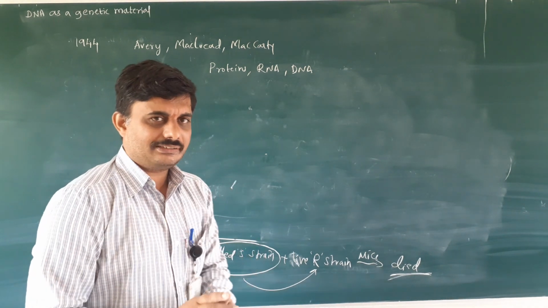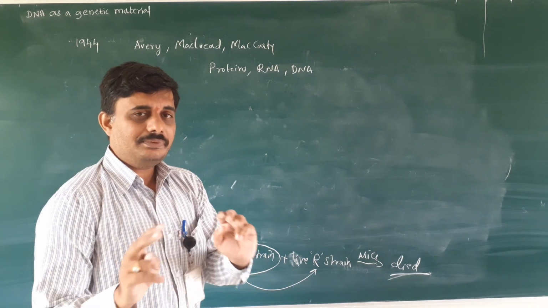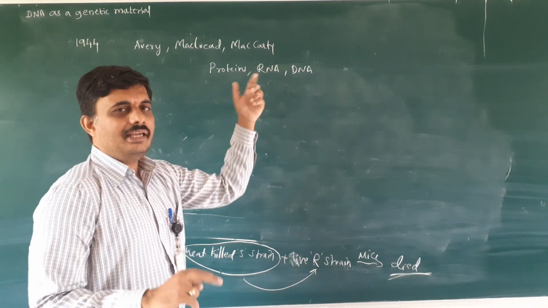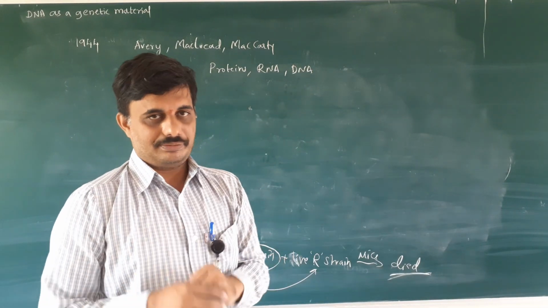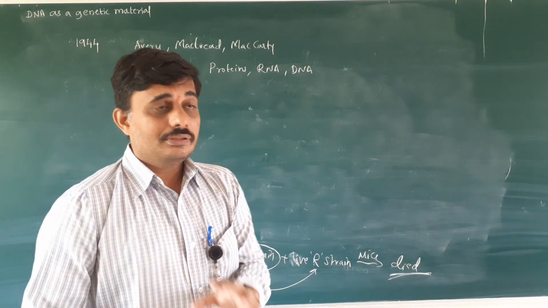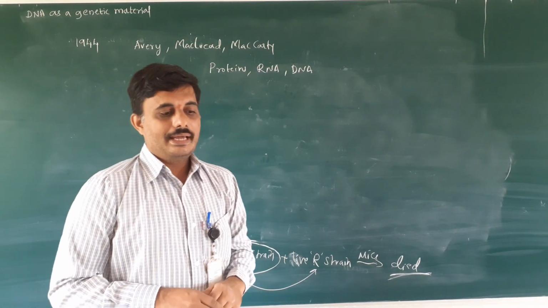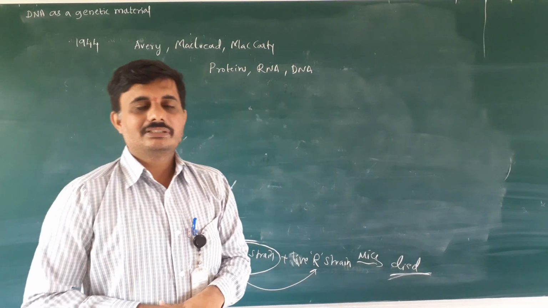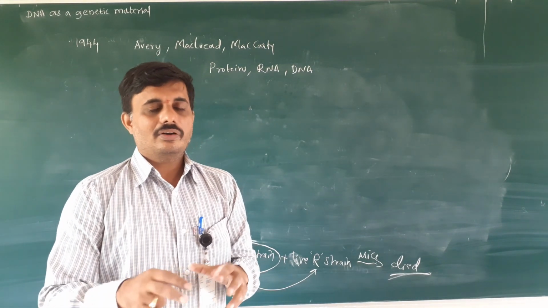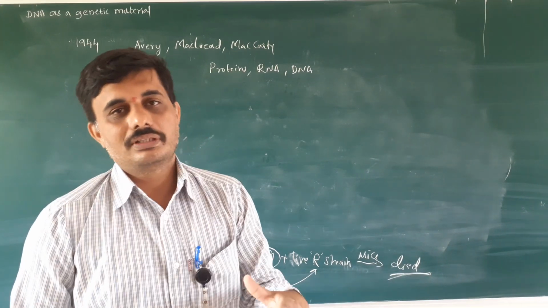The confusion got started. Some scientists said proteins are the genetic material. Some said RNA is the genetic material. Some said DNA is the genetic material. So, in the year 1944, Avery, McLeod and McCarty did one experiment on the chemical characteristics of the